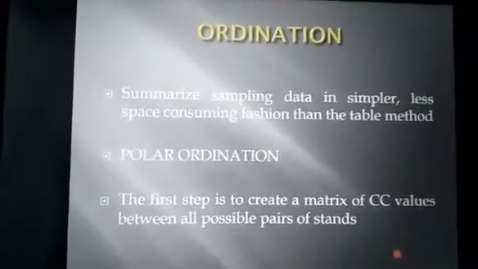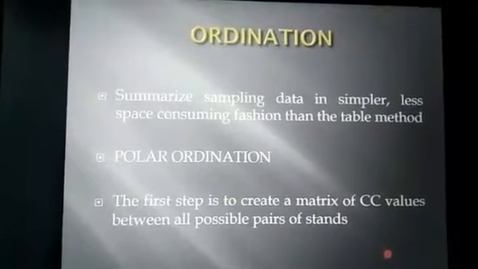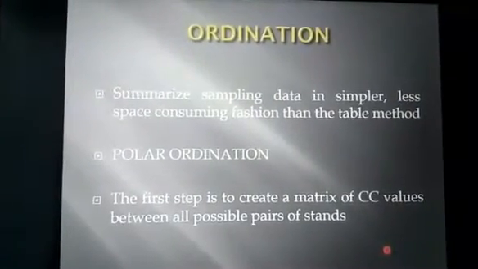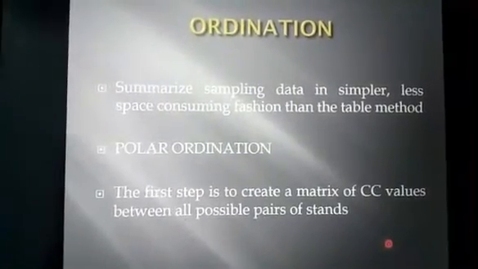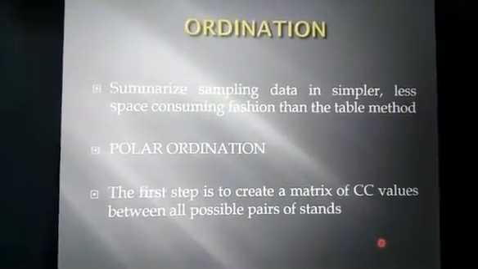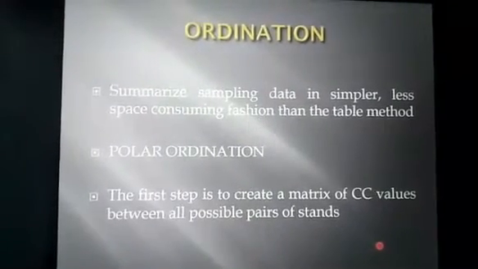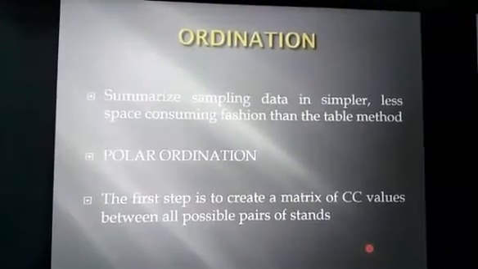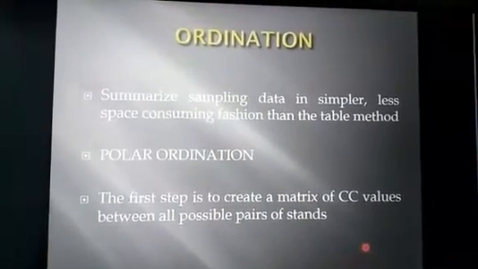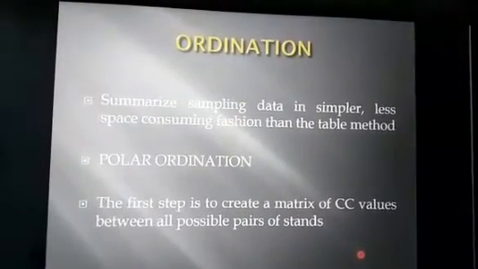Good day. So today we're going to look at the ordination, then also other analysis. So the aim of ordination is just to summarize the sampling data into simpler, less space-consuming fashion than the table method. Then the polar ordination. Then the first step is just to create a matrix of community coefficient of values between all possible pairs of